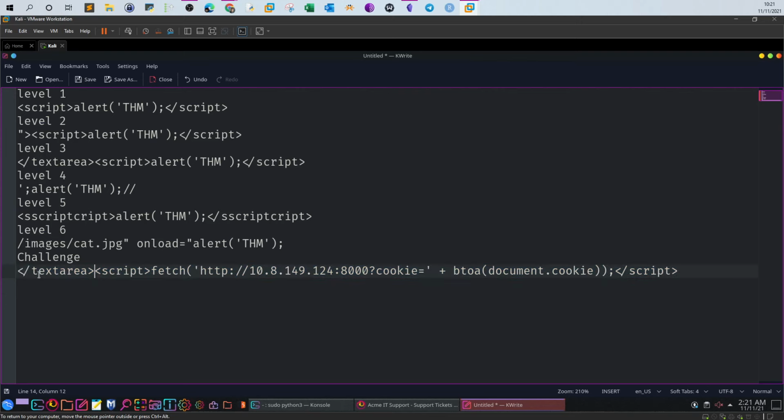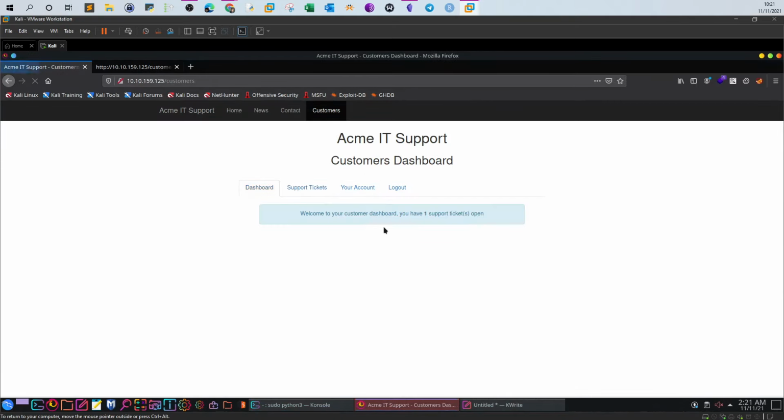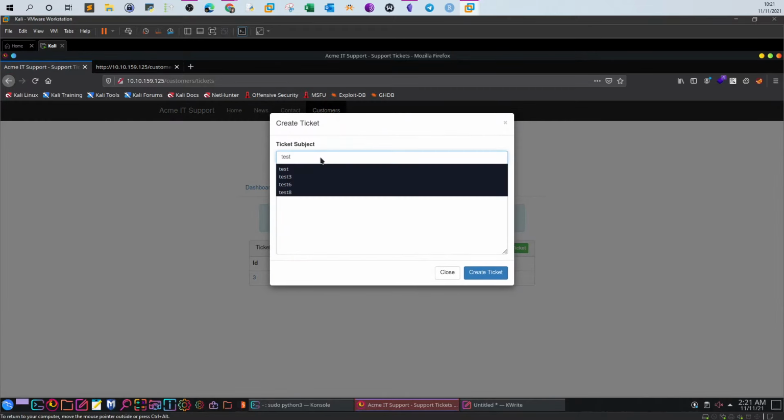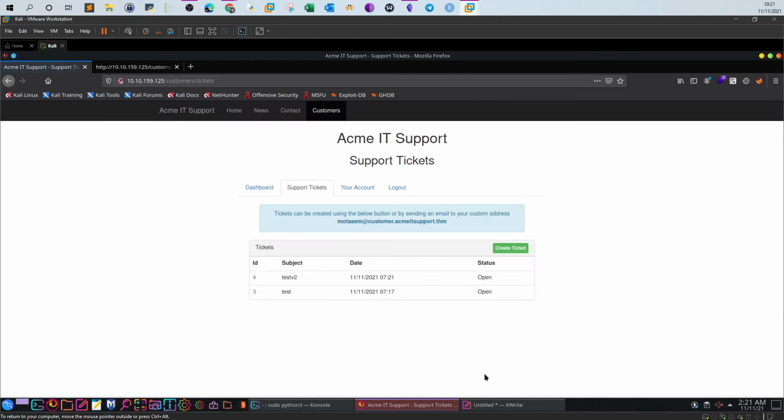So now I'm going to go ahead, create a new ticket, send the payload, and wait for the cookies to come back. Dashboard, create a ticket, name it test v2, and here you put your payload. Create. That's fine. Now you have done your part. Now the administrator of the site will come. They will see two tickets. The first one is fine. The next one, when they click on it,